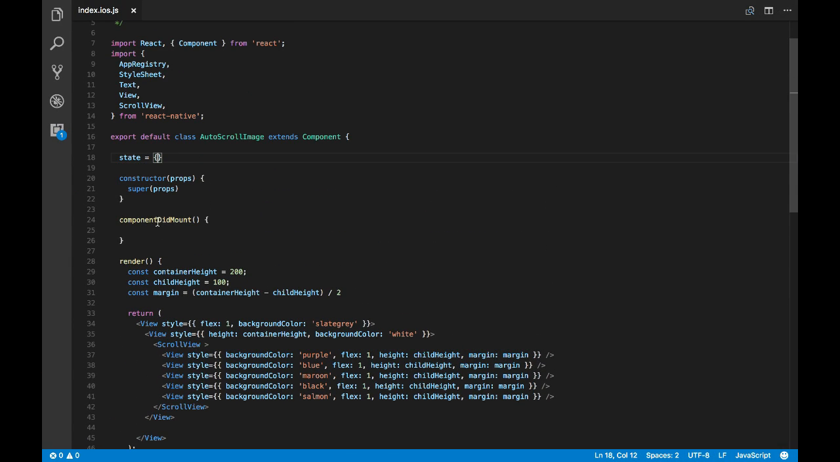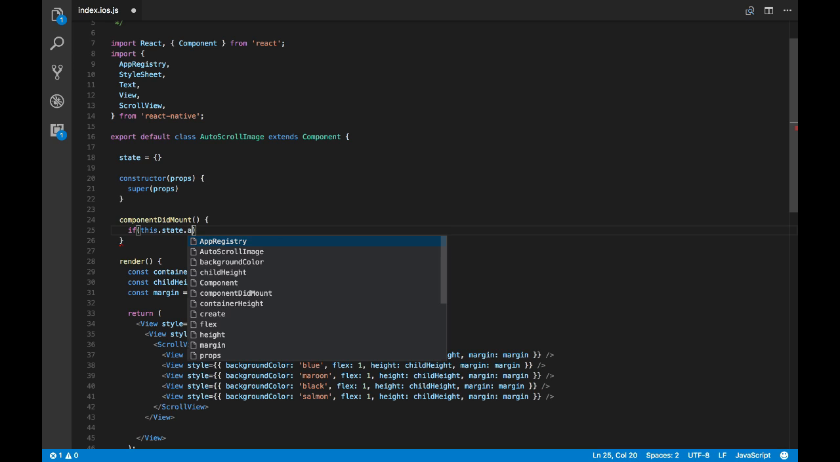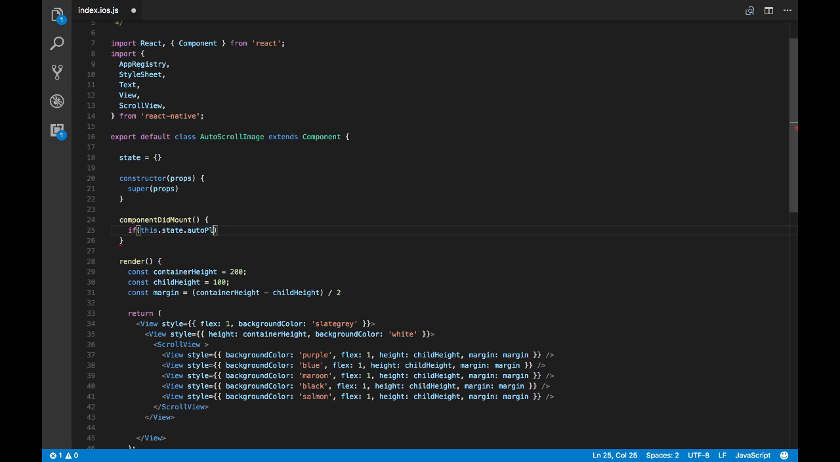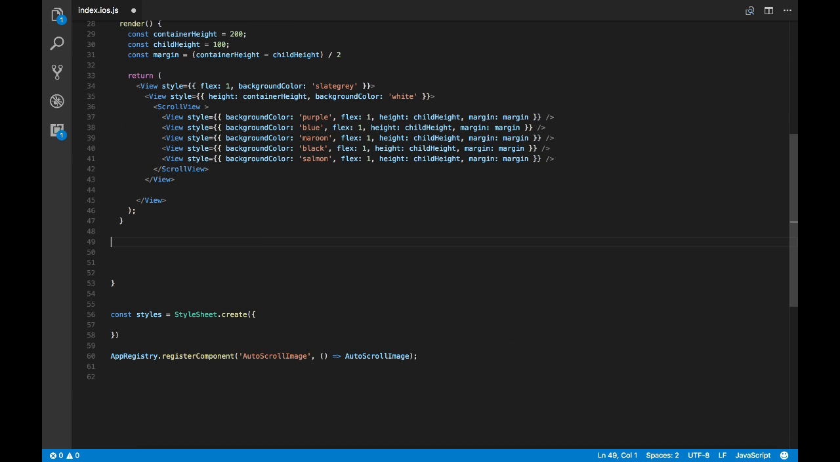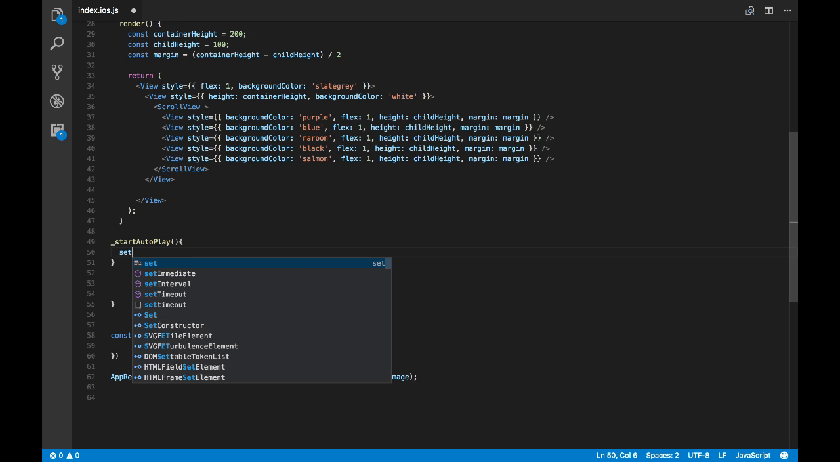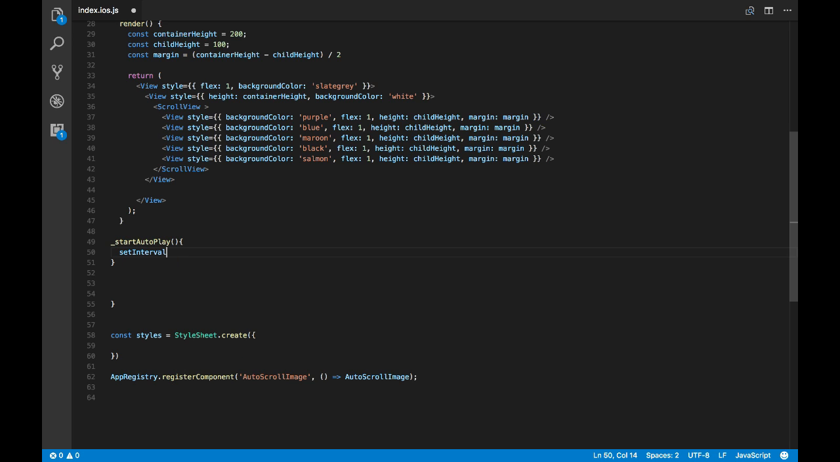So let's start with the idea that we have to go to the next page when the app is loaded. For that we'll use the state called autoplay, and if it's true we'll just execute a function called this dot start autoplay. And in this start autoplay we'll just set the timer which will execute the function for every 5 seconds,